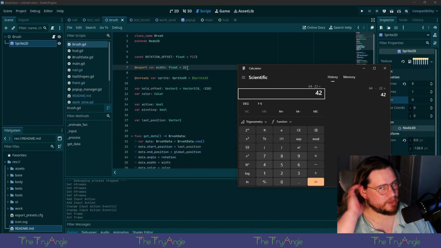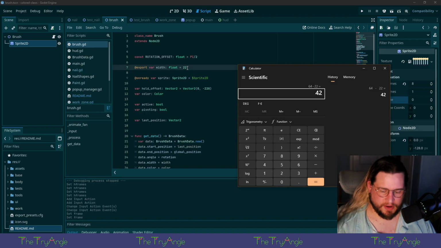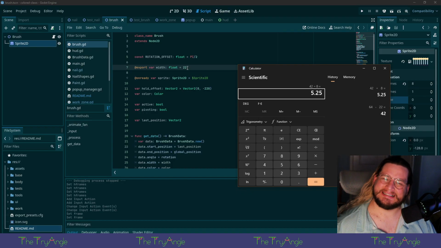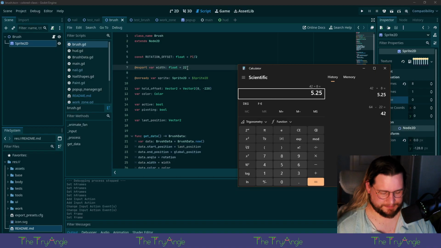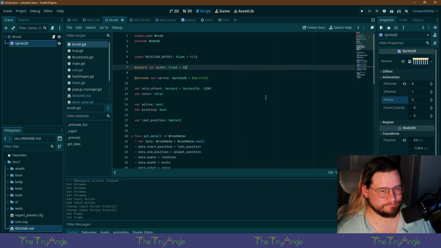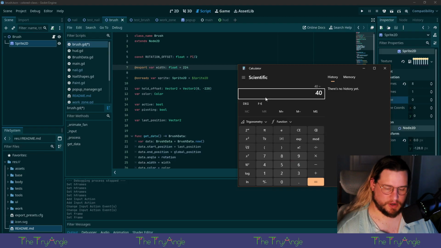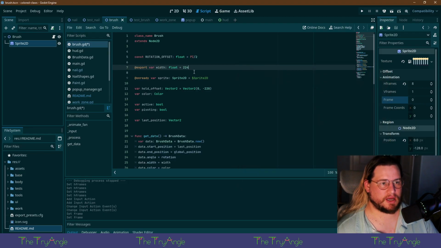We have a range of 42 to have 8 frames to cover. I was worried about this. What's 40 divided by 8? 5, yeah, okay. Maybe we just say 5?